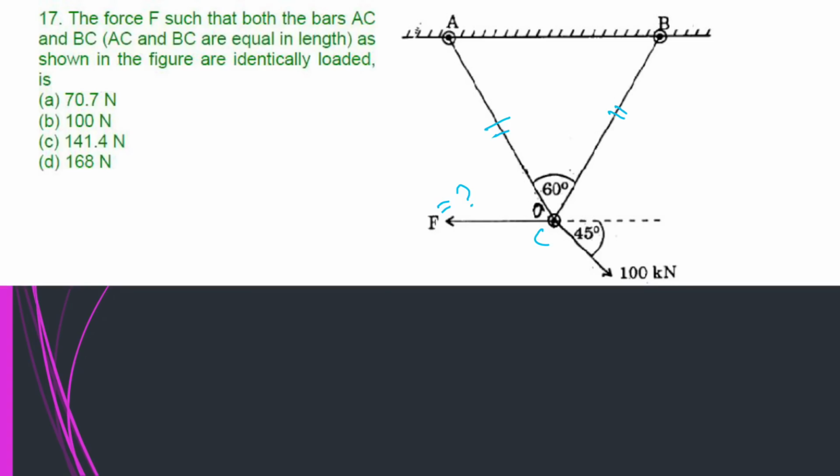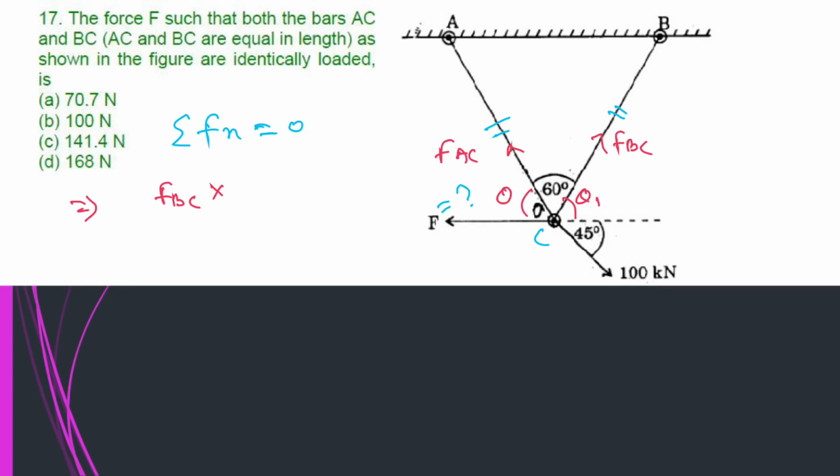So along x direction we will calculate. At C point along x direction, for equilibrium it should be 0. Then right side we will take positive, F BC, this side F AC. So right side we will take positive, left side we will take negative. So right side is FBC, let this is theta 1, this is theta 2,